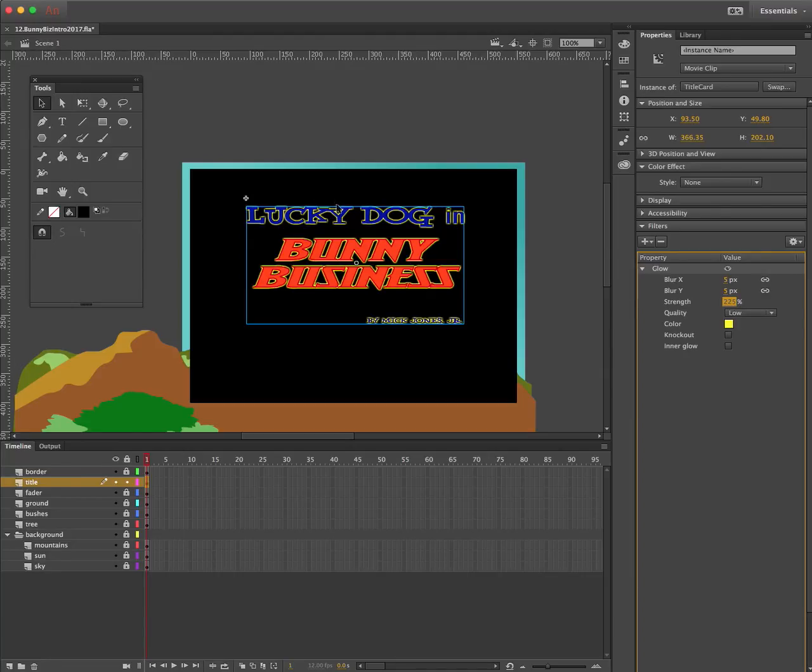Here's what I'm going to do. I'm going to change this from an outer glow to an inner glow. Watch what happens. Over here, I'm going to click on where it says inner glow, and there we go. The glow went inside the letters, which kind of makes it similar for the large letters, but then it just